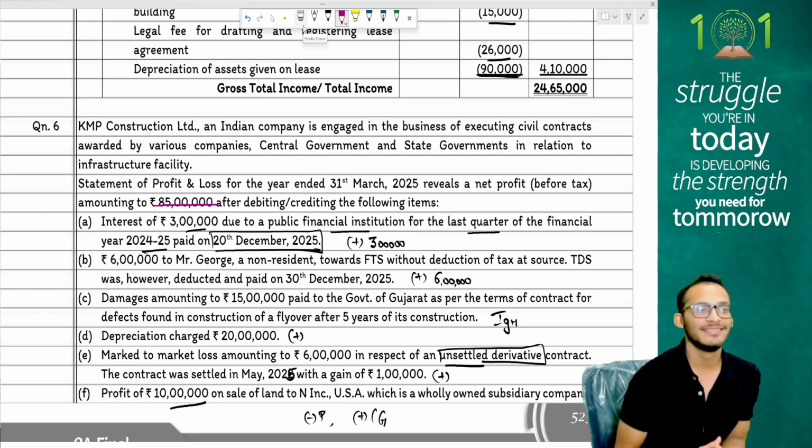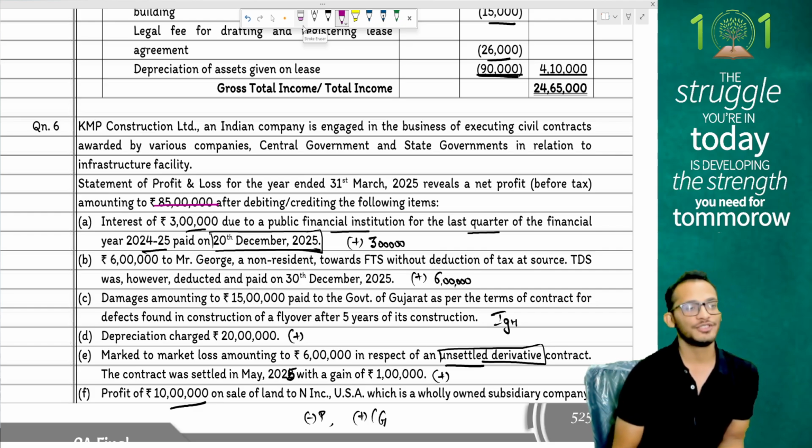Directly, payments to non-residents shall not be allowed as deduction